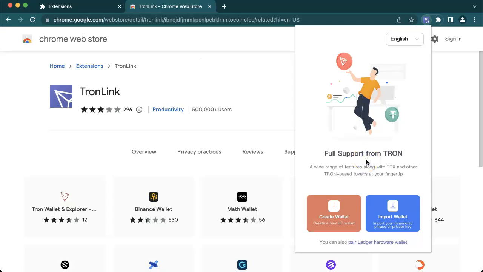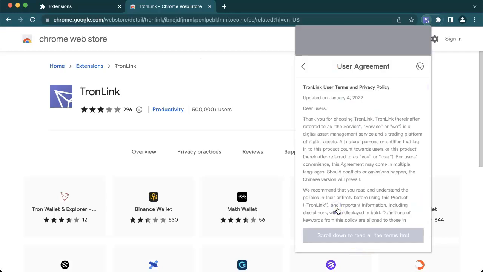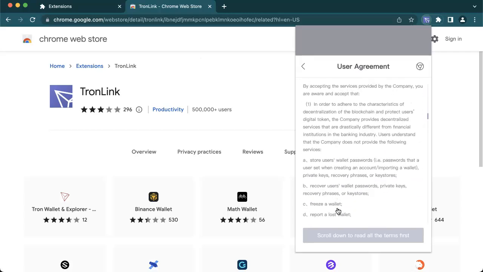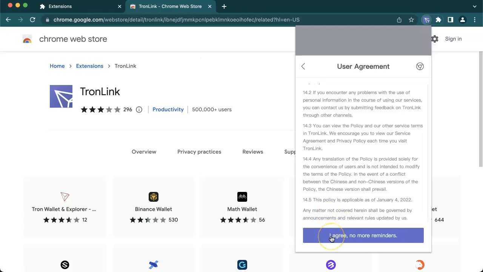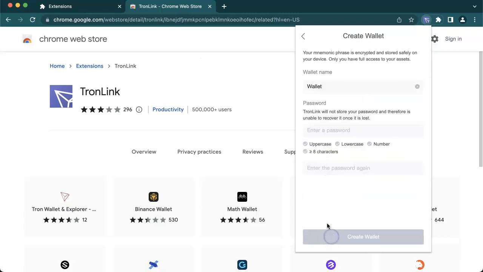Well, if you already have a Tron wallet, not necessarily a TronLink wallet, you could basically import, depending, right? But what you want to do is probably create a wallet here. And of course, you got to agree to the user agreement. I'm a speed reader, so I read all that. And here we go. Now you need to name the wallet. So let's call this the mining wallet